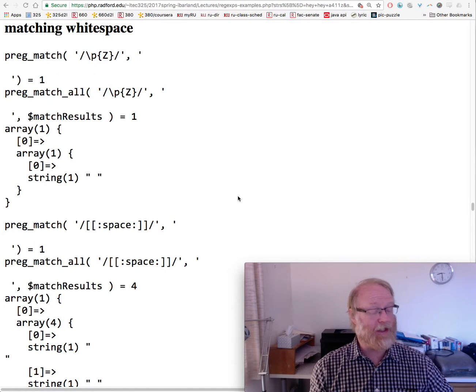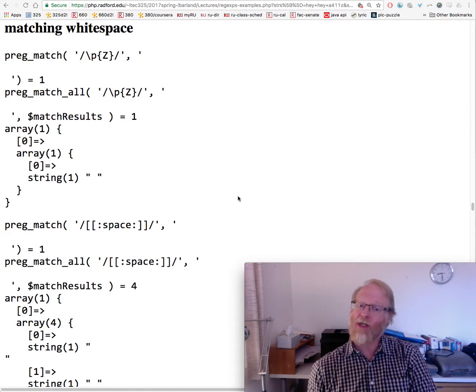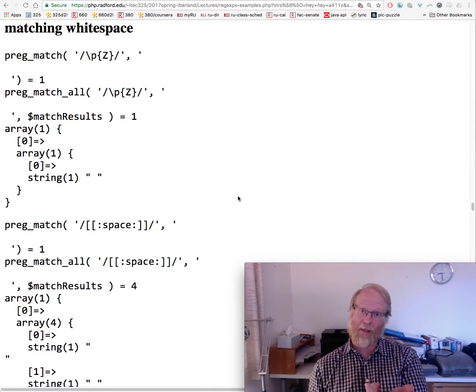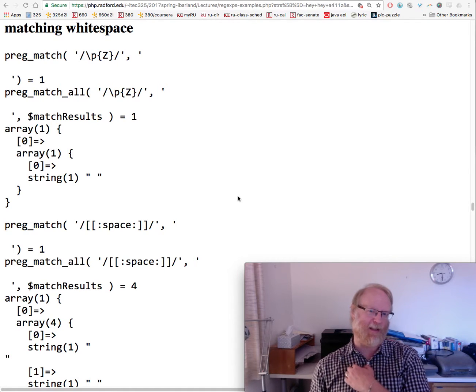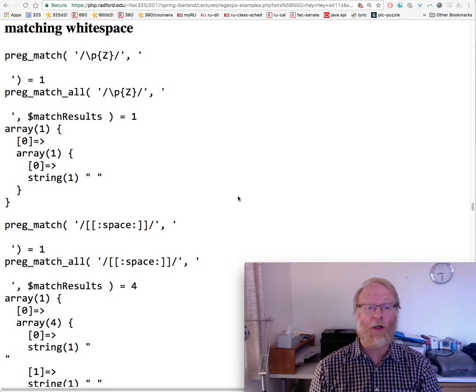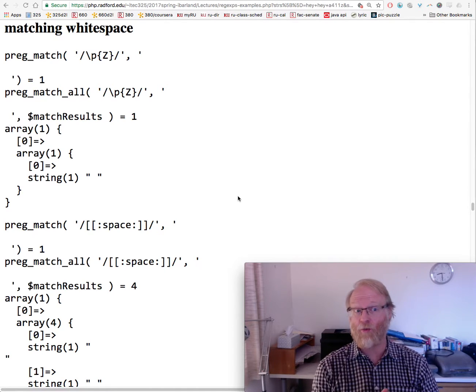Okay, so this is just a little bit of advanced information on using regular expressions in PHP. We'll talk about matching sub-expressions, and we'll talk about back references briefly. Again, this is optional. Because this is optional, I'm not going to mention matching white space, and